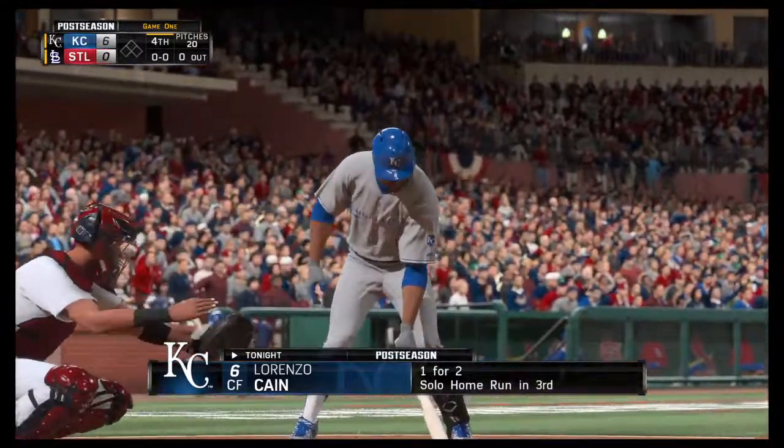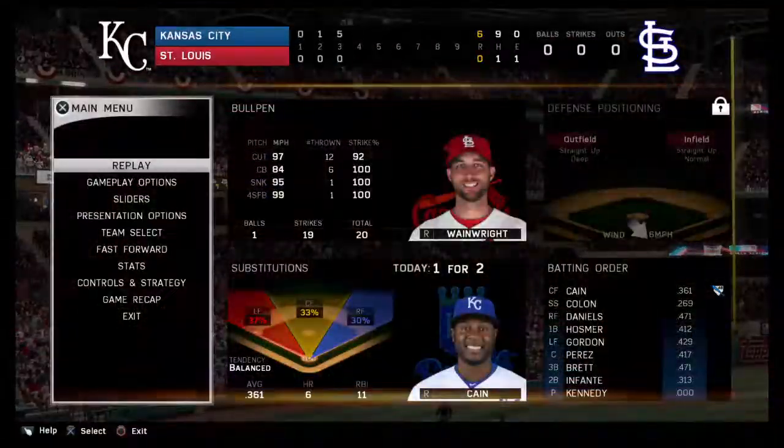Lorenzo Cain is ready here as we begin the top of the 4th. Well, guys, they jumped out to that big